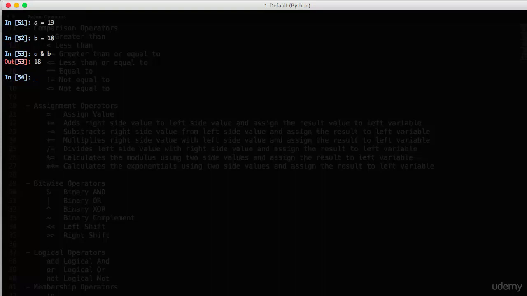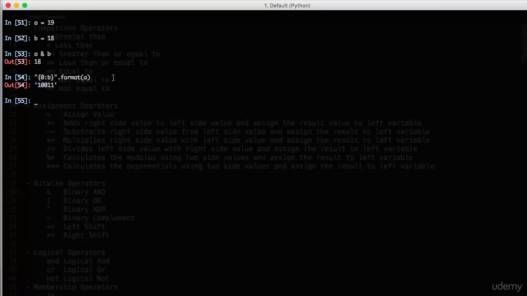How? So in the background, Python first converts these 19 and 18 into binary format and then performs the AND operation. Let's check what is the binary format of 19 first. How can you check that in Python? Simple, we have a function. So the binary format of A, which is nothing but 19, is 10011.